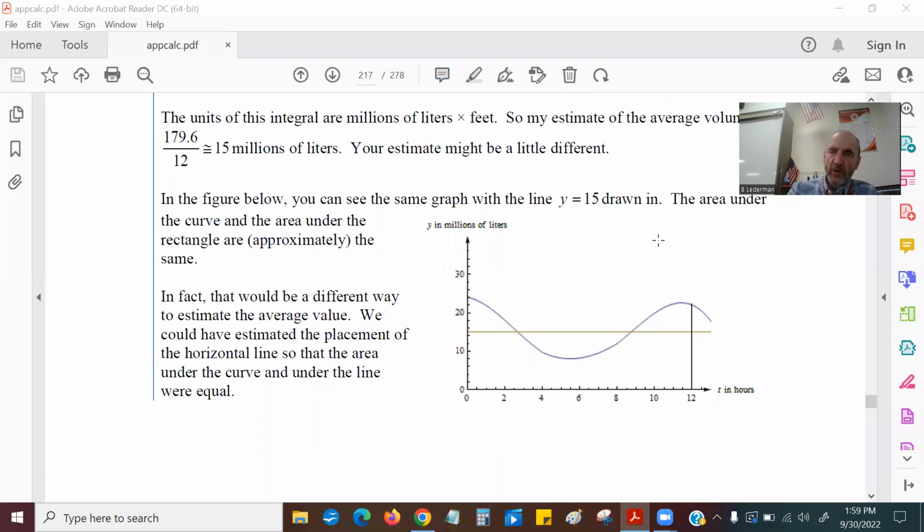another insight, because in this graph, what we did is we took that same graph we were just working on, and we drew this line. That's y equals 15. But why is it 15? Where did the 15 come from? It came from here. That was our approximate answer when we divided,